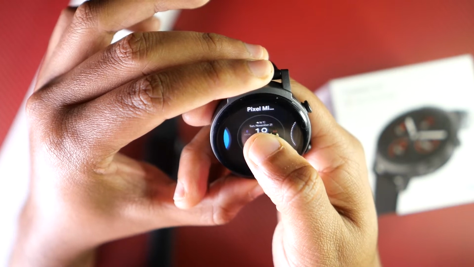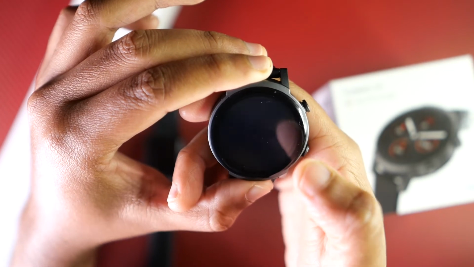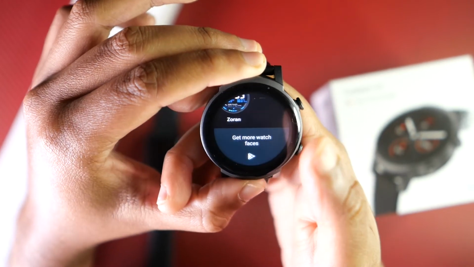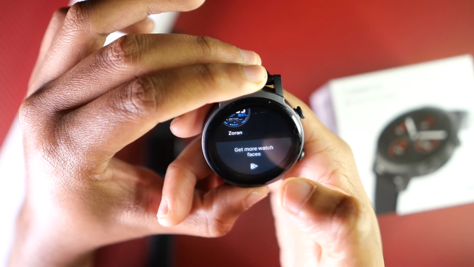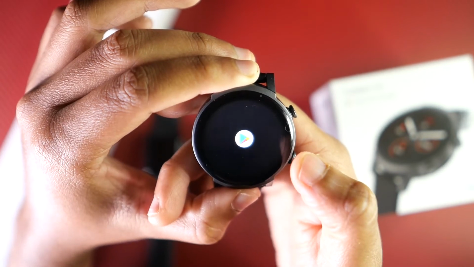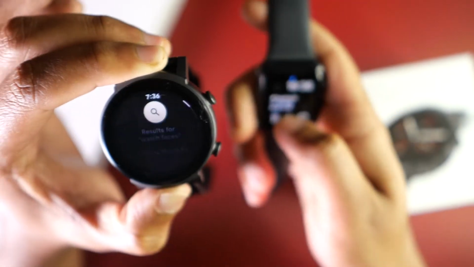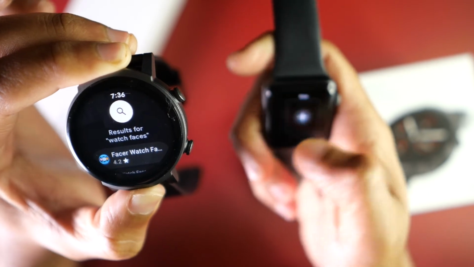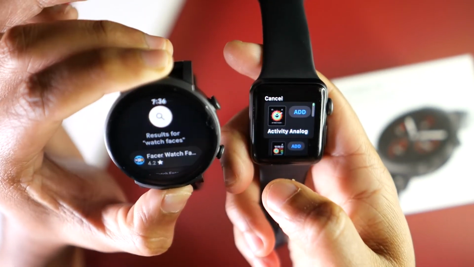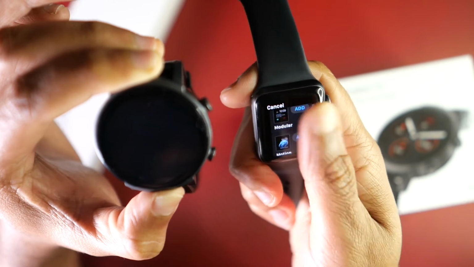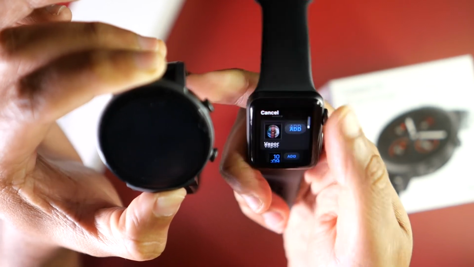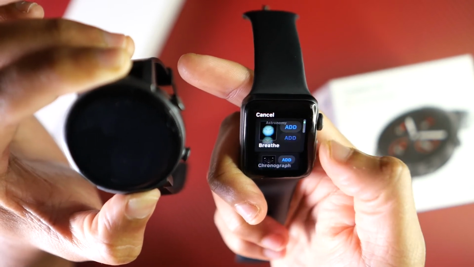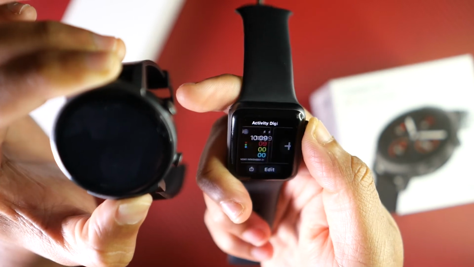And one thing I forgot to show you on the Apple Watch is the watch face. So if you hold down, tap, you get access to so many watch faces on the TicWatch. And the good thing about Wear OS is you can get more watch faces on the App Store. You're not limited. But if you go to the Apple Watch and you go to change the watch face, you go to new, and you have a handful, 10, 20, not much. So you can scroll through them,